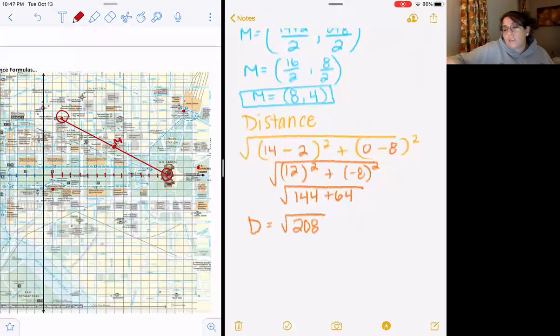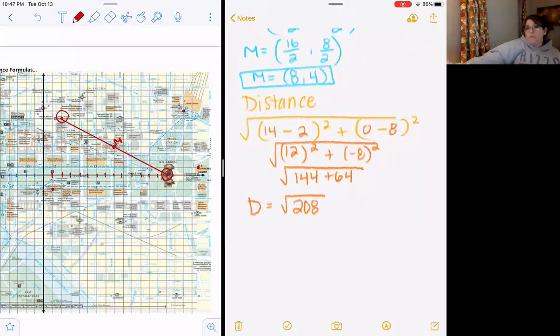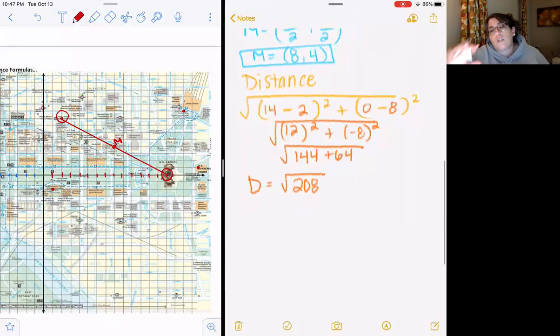So distance. Now, here's the deal with this. You could break that down, right? We've done a lot of that breaking down, especially if you're in Algebra 2. But because you're talking real numbers and real values, you actually want the decimal value of that. So the square root of 208, and you do it in the calculator. If you're using your phone, you put 208 square root. It's backwards, especially if you have an iPhone. If you have an Android, I think it goes the right way. So your distance is 14.42. You can round to there, and it's going to be units.